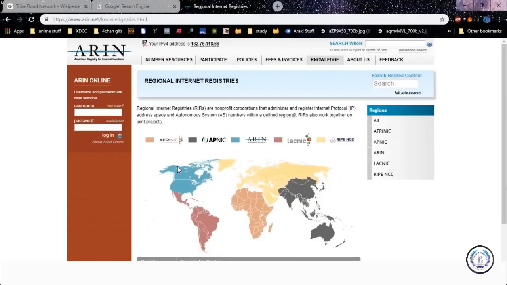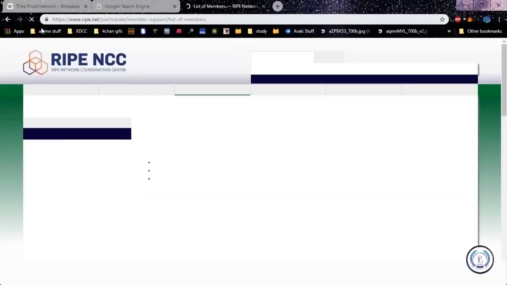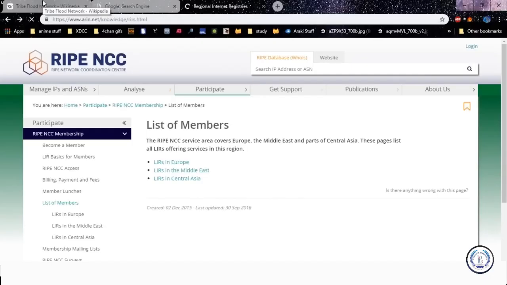Out here we have AFRINIC, APNIC, ARIN, LACNIC, and RIPE NCC. These are all the regions and the different countries that they support. You can look at the map by hovering over the providers. All the brown region is Africa, AFRINIC.